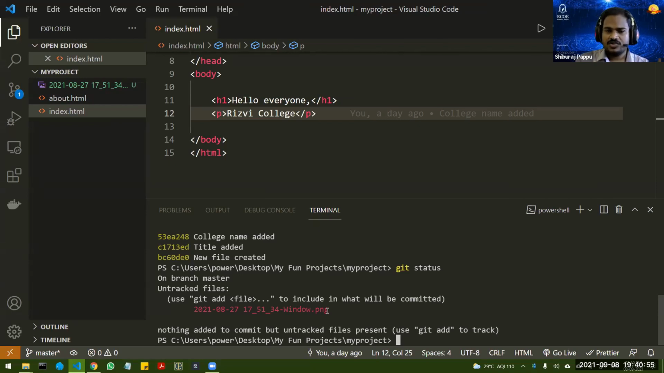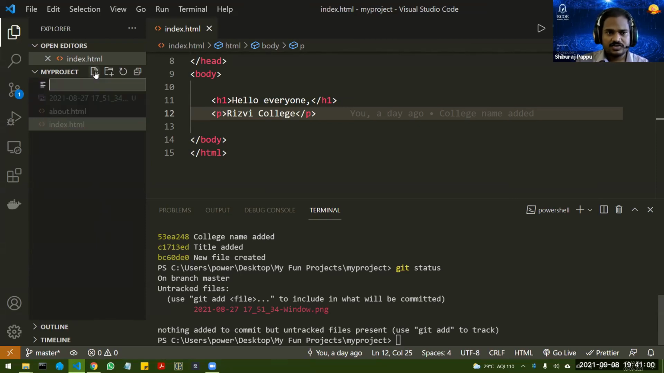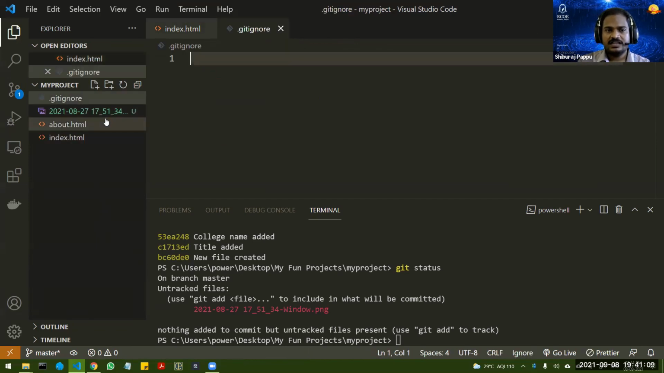In that case, you just have to create a new file. It is called .gitignore. There should be a dot in front of it. So .gitignore file, press enter, and this creates a new file. Here, whatever files you type, those files will not be tracked. It will be ignored. As the name suggests, you just write down the names of whichever files you want it to skip, and it will skip those files. Okay, so now